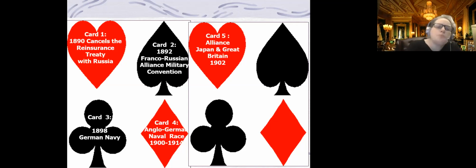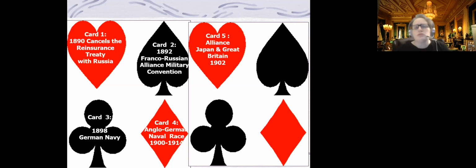But it does put Britain in a really tight place. She's got a naval race with a country that's her near neighbor, and she doesn't like that. And so she finds herself hunting for the first time in the century for an alliance. Now, the reality is she doesn't really want to get tied to the continent because that means more wars, but she finds an ally who is much like her in a lot of ways. An island country, building a naval empire, and so she signs on a military alliance with Japan.